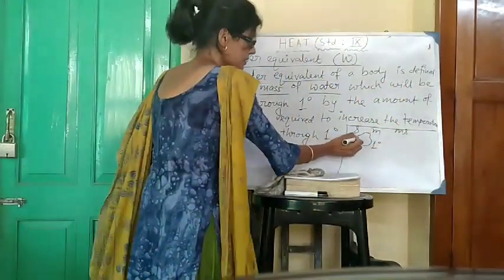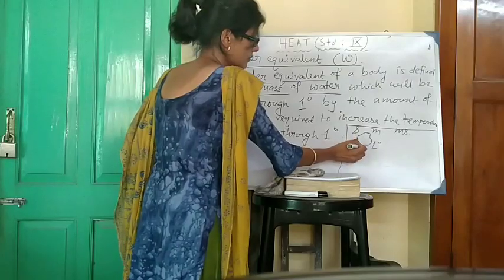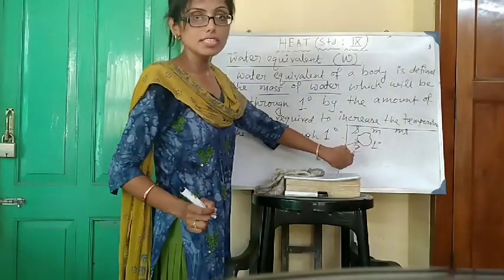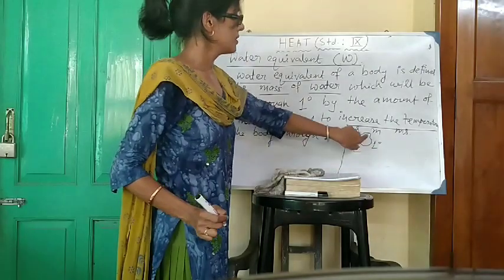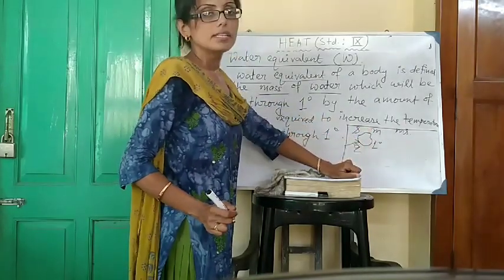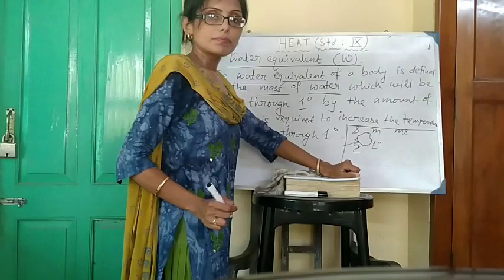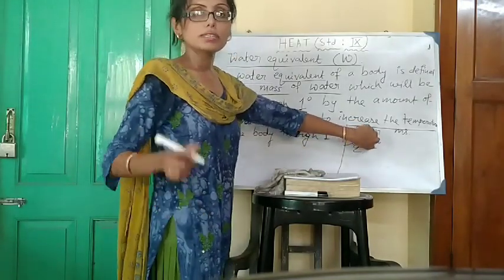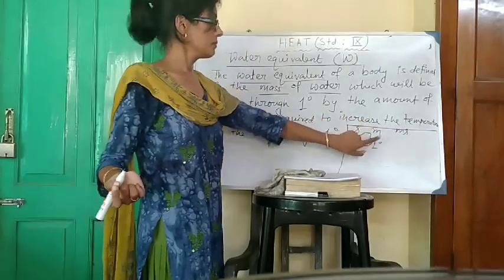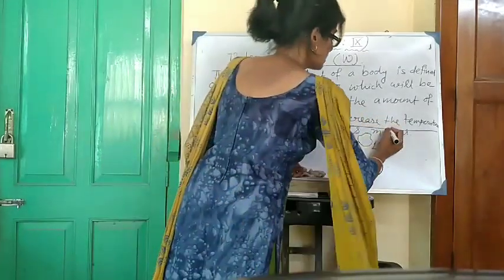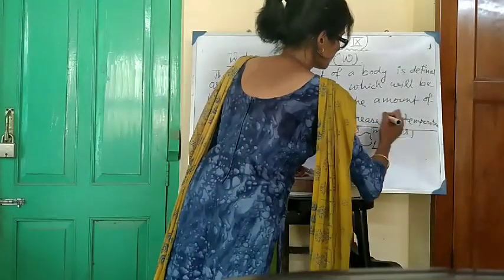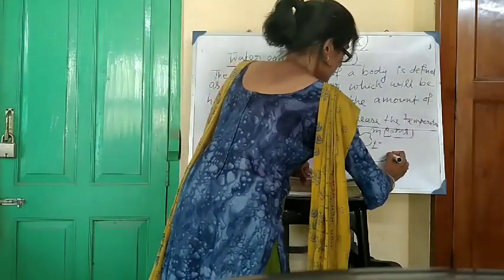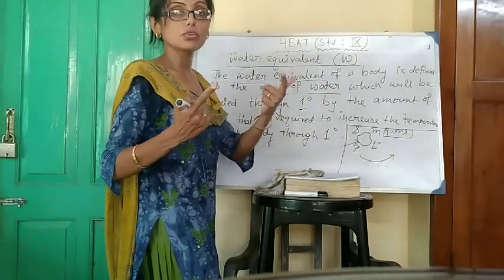Okay, suppose the heat that is supplied from outside is Q. What is Q? The Q is the amount of heat that is required to increase the temperature of the body by 1 degree. Mass of the body is arbitrary, that is ms. According to the definition of thermal capacity, we can write that Q is nothing but ms. Okay, now we are supplying the same amount of heat Q